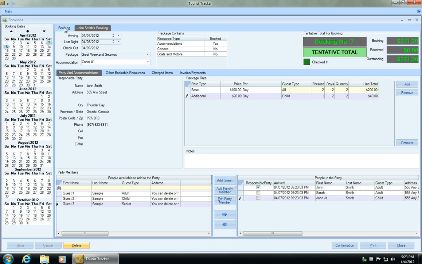So that's an overview of the booking screen. We'll get into more details in future videos,